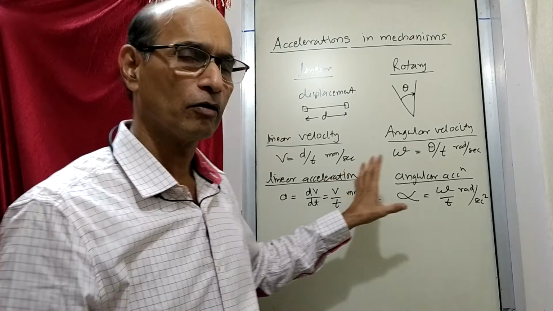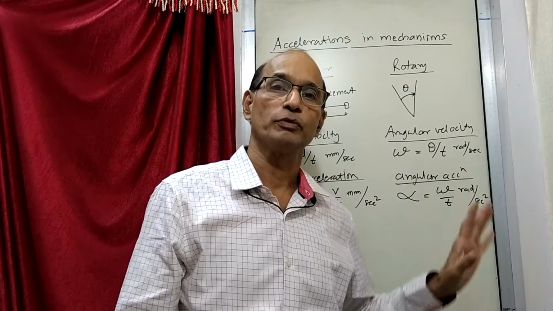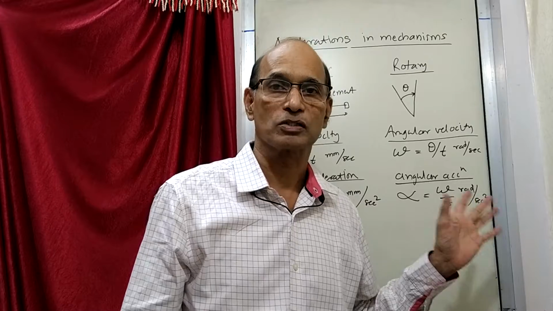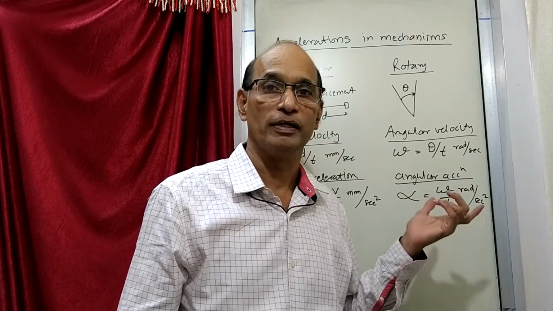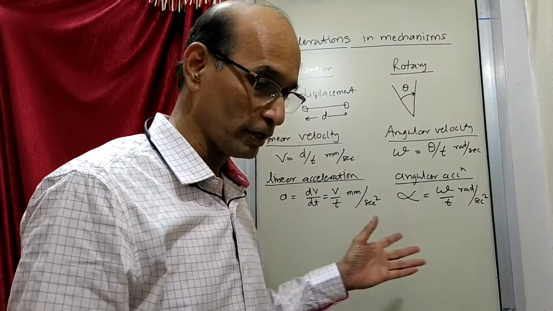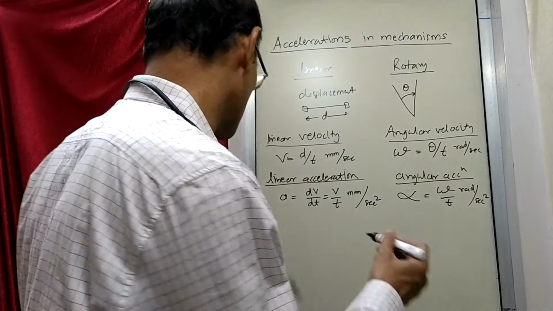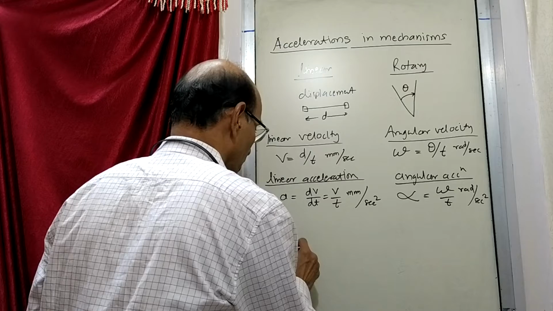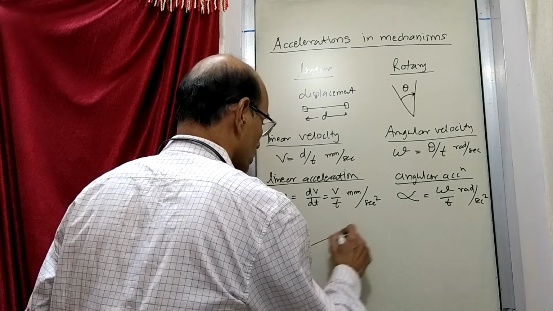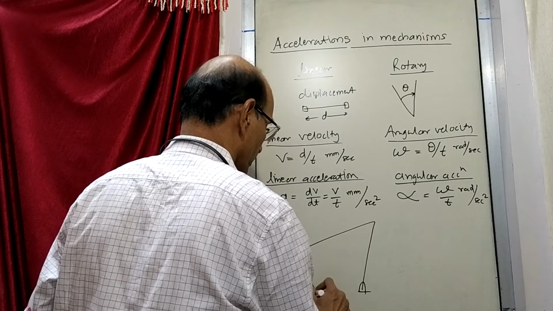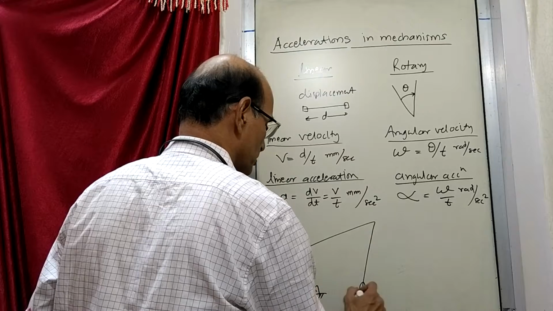Okay, so I have not told you anything new. This is something we are already aware of, and we have just had a revision of what we already know. Now in this case what we are going to talk about is mechanisms, and I will just draw a mechanism which all of us have worked on earlier. So suppose this is a mechanism we have drawn. We have drawn this mechanism many times.